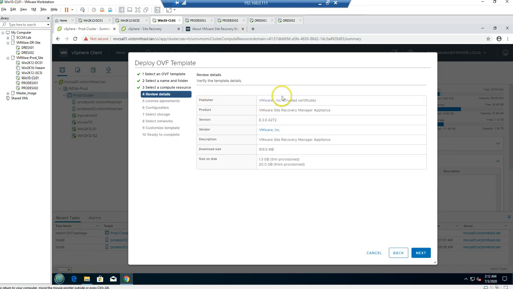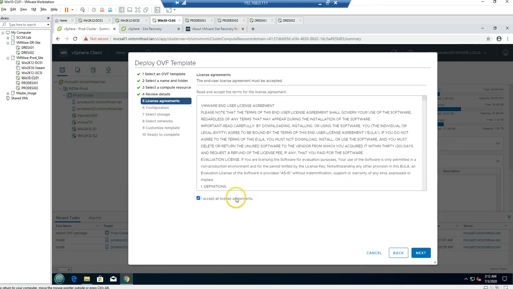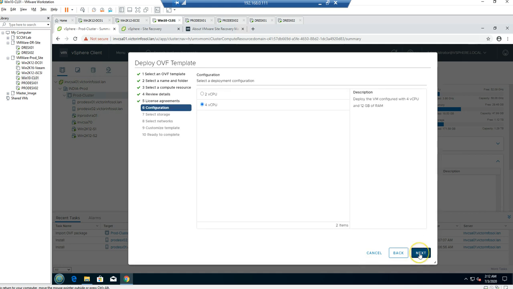This is going to detect the certificate and product name. So this is the VMware Site Recovery Manager appliance, with the version, vendor and all other details. Click next, and then we have the license agreement. I accept the license agreement, click next, and this is the configuration we require. Deploy with 2 cores and 8 gig. If you select 4 cores, it's going to be 4 cores and 12 gig. So just click 2 CPUs, click next,